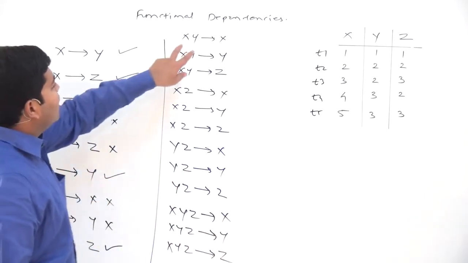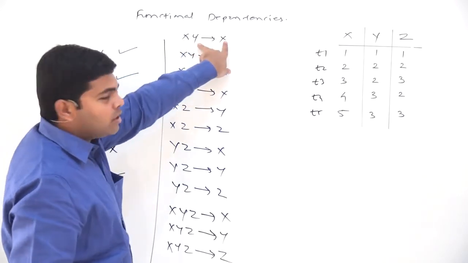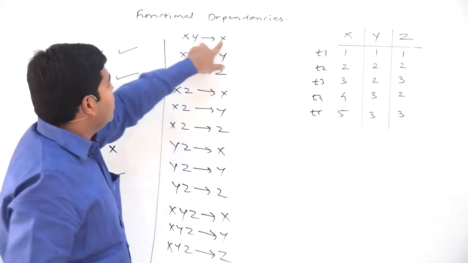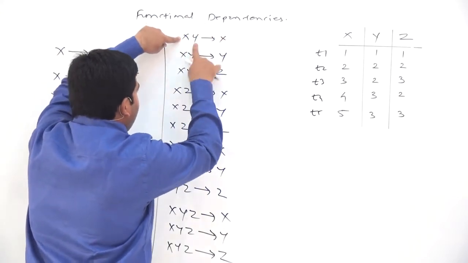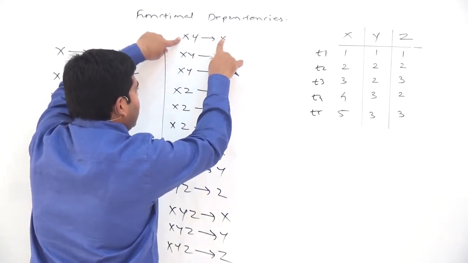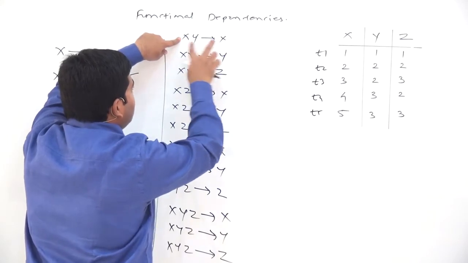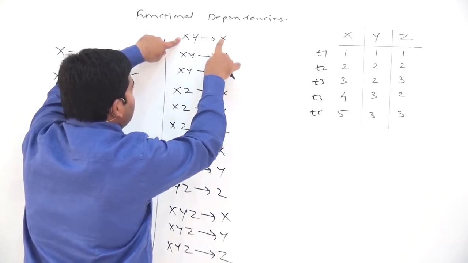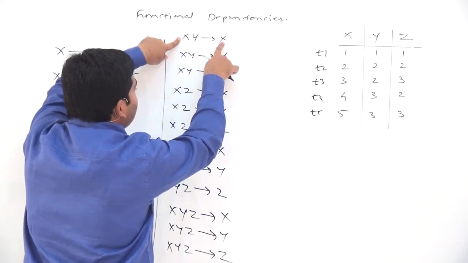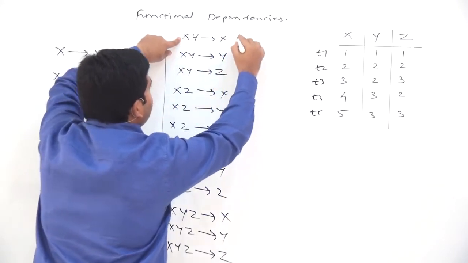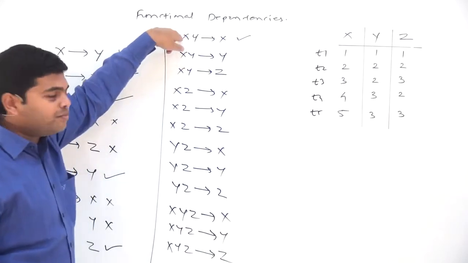Now see, from xy can you determine the value of x? If you are given the value of the x attribute and the value of the y attribute, can you determine the value of the x attribute? You can always, because again these questions are called trivial questions. What is the name of Ashish Mithole? The name of Ashish Mithole will be Ashish, and therefore trivial questions can always be answered.